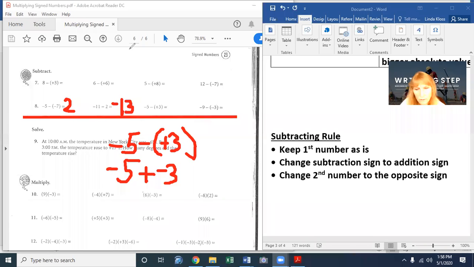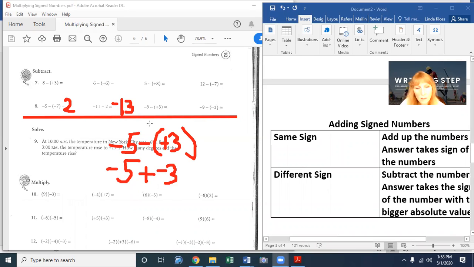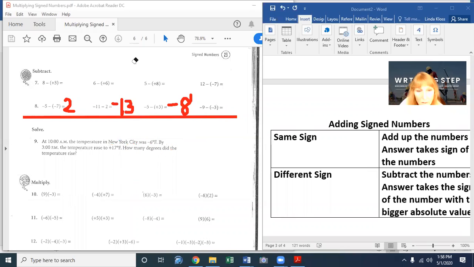Now we follow our addition rules. The numbers are both the same sign, so we're going to add them. 5 and 3 is 8, and they're going to take the sign of the numbers, and the numbers are both negative, so negative 8. Great job, you guys. Very good. Okay, next one is negative 9 minus negative 3. Erase this. Negative 9 minus negative 3. So we'll rewrite it again. Negative 9